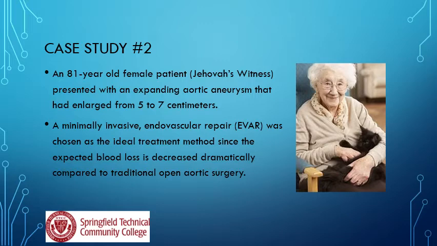So a clipping means the patient actually has to go for a craniotomy and have brain surgery, whereas a coiling means that the patient is just going to have an access in the groin, and they're going to have the repair done completely within the vasculature. So when you say endovascular, it means inside the vessel. So that's what this lady is going to have here for her abdominal aneurysm.